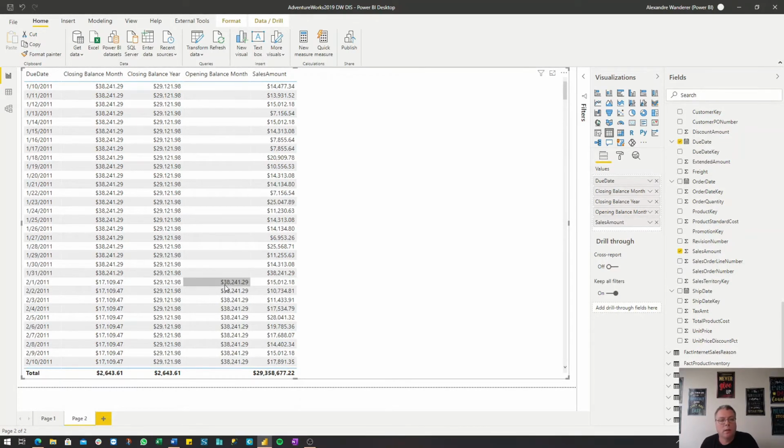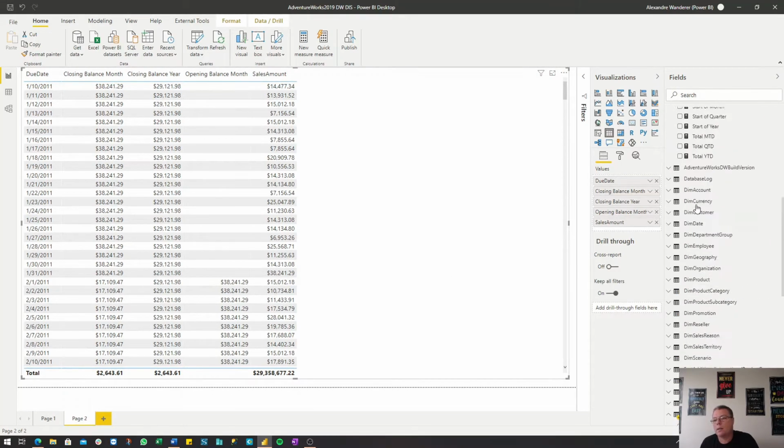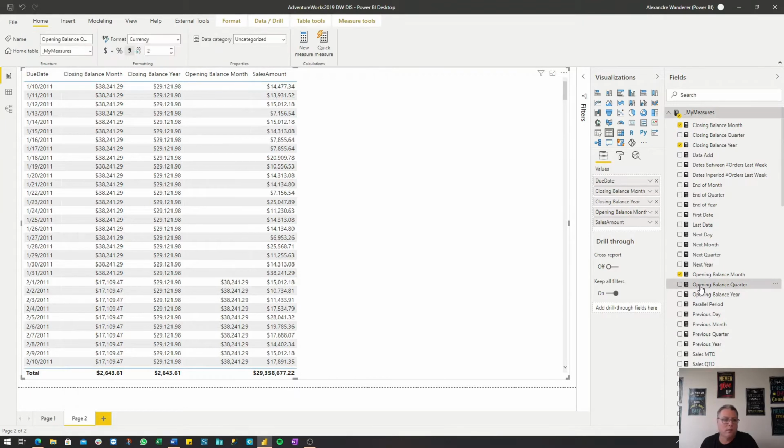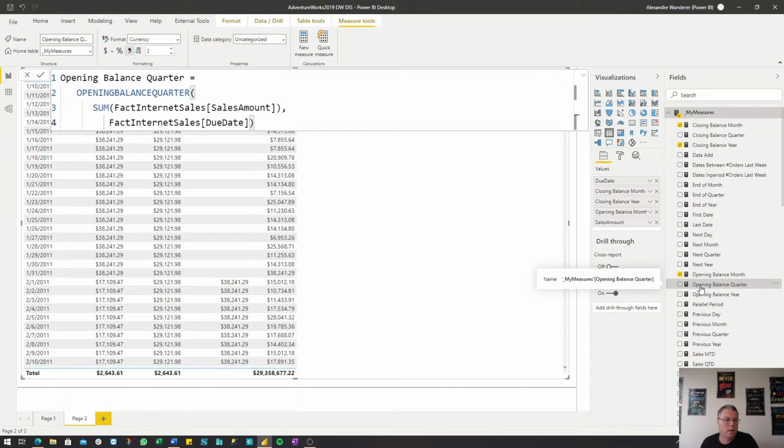So here you can see 38,241. You can see it represented visually. Well, that's good. The same thing happens with opening balance quarter. As you can see, it is the same thing. We just replaced this function here. And opening balance year,